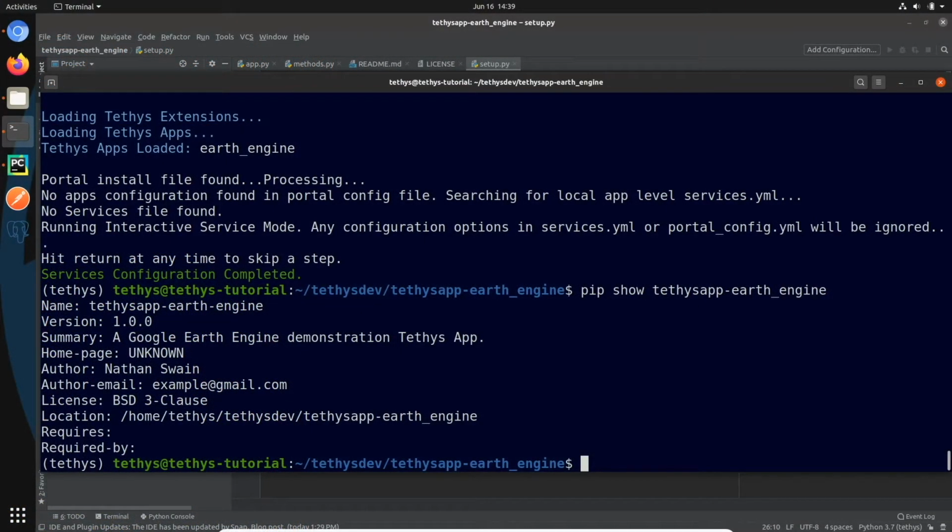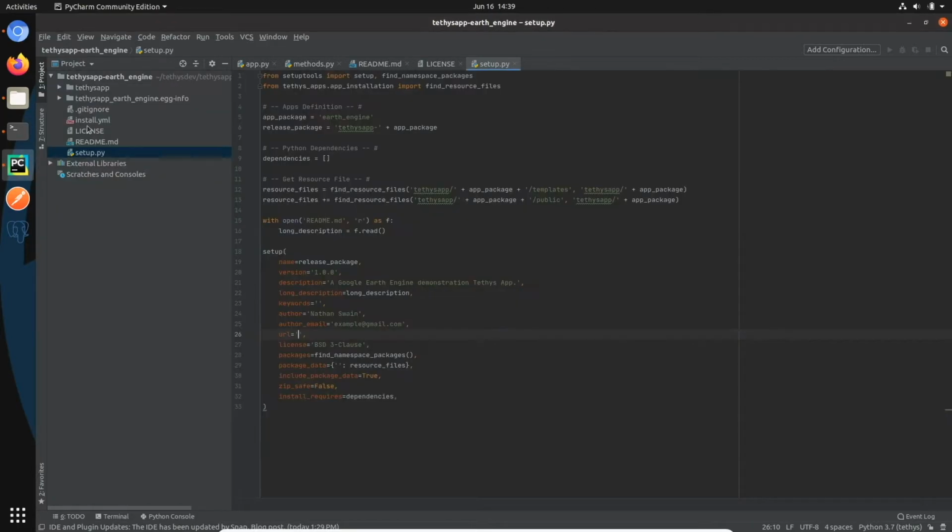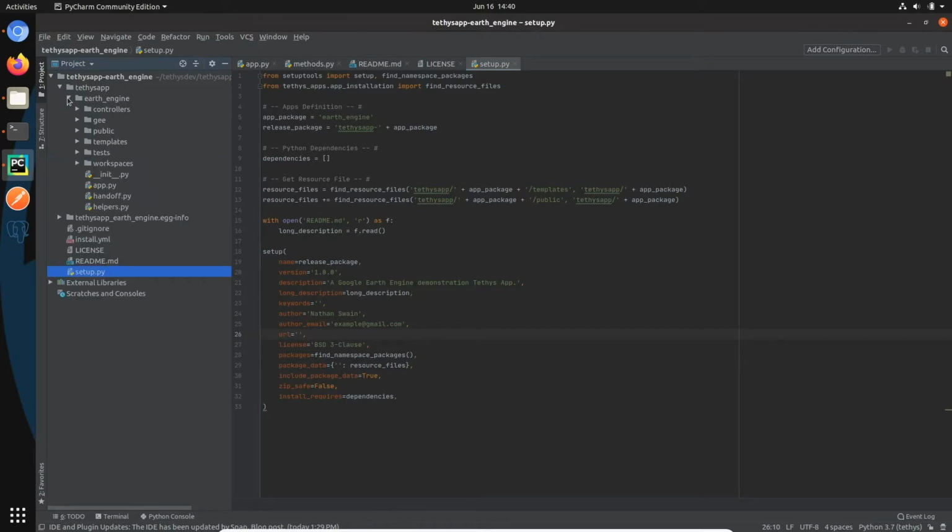One final thing that we need to take care of to prepare the app for production is to ensure that all of the resource files are going to be copied over when we install the app. So resource files are files that are meant to be included or need to be included with your installation that are not Python files. By default, when you do a normal installation, only Python files are copied to the site